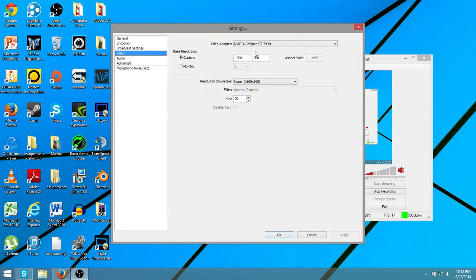So you go down to your video. Your video adapter will always be your graphics card or chip. You can't change that. For your resolution, you're gonna want custom most of the time, unless you want to record your second monitor. But I don't record my second monitor. I just use my main one, so I'm using custom, and you should use your